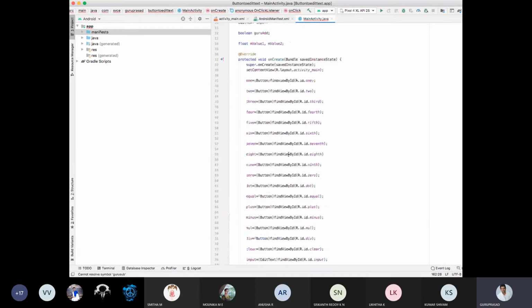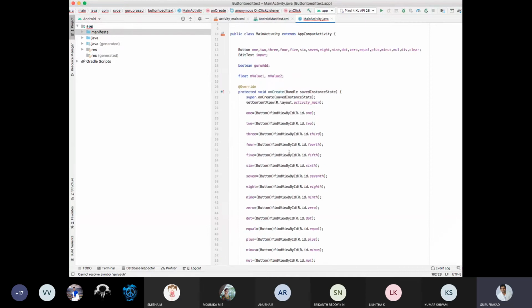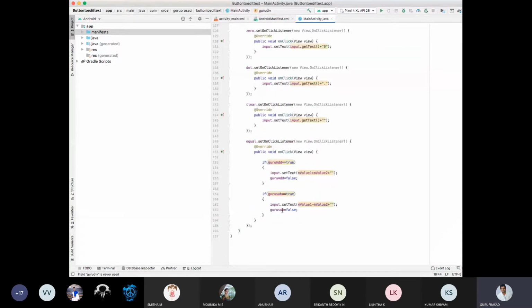Correct. Okay, I'll go here. Next, guru subtraction is false. Again, copy, I'll paste guru multiplication. If guru multiplication, m value into m value 2, so that is your multiplication.